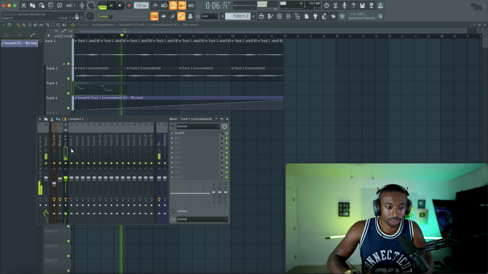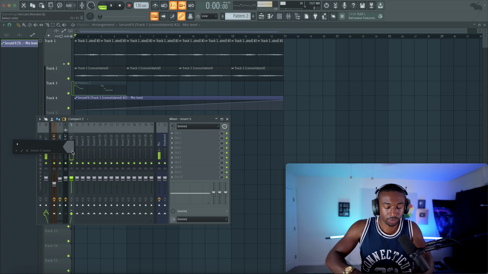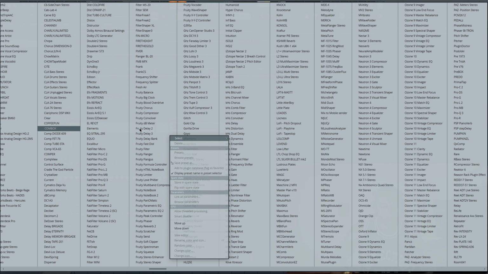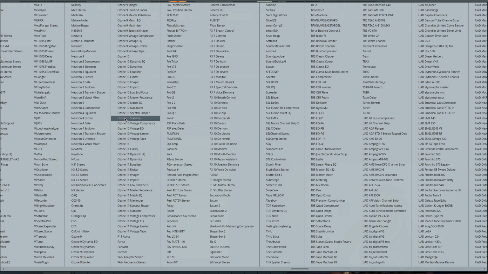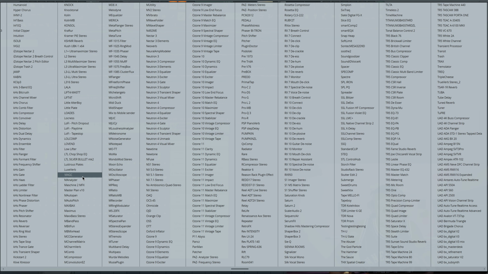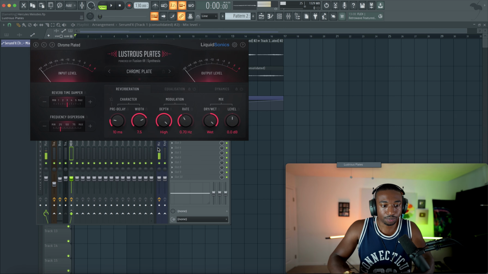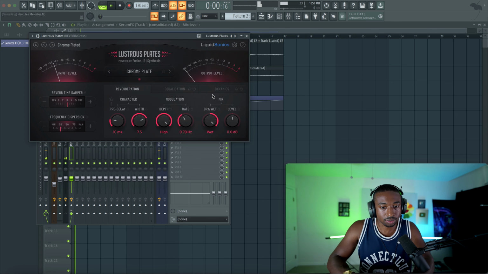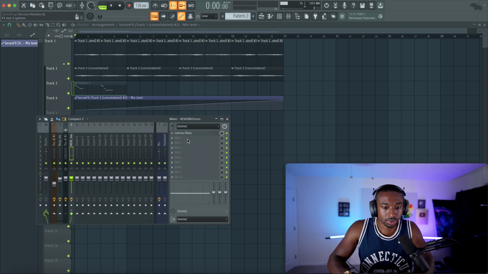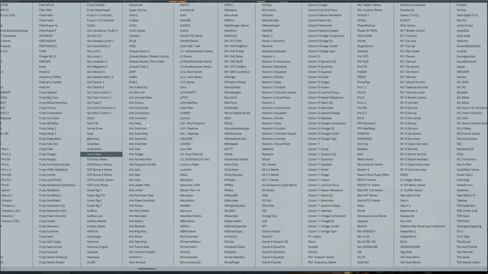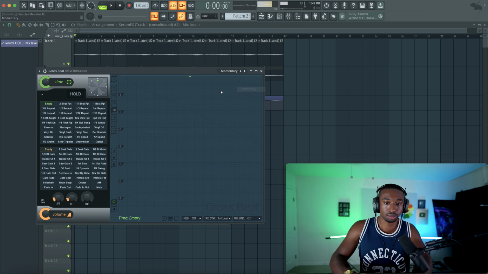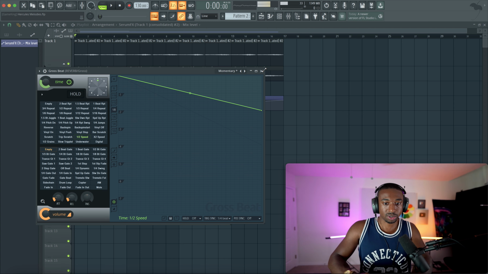Now I'm also going to do my custom technique, which is to send a duplicate of the sound over here. So again, if you see people doing this, they got it from me. Okay, we're going to run this through another reverb. I'm going to use... it doesn't really matter the reverb here, but let's use some Slate Digital stuff. Where's L? Lush. It's called like lustrous plates. Okay, so we're gonna run it through a different reverb style. In this case, a plate reverb, and then we're gonna run it through Gross Beat at halftime. So we're gonna go to preset, momentary, half speed, and then you could either blend this in or leave it at entirely half speed. We're gonna blend it in.